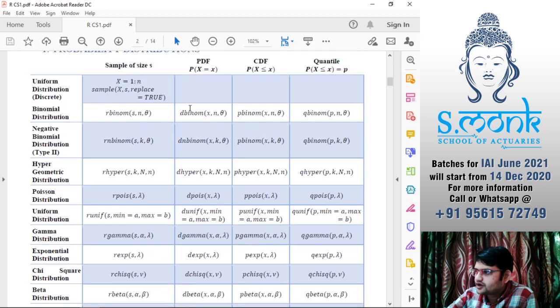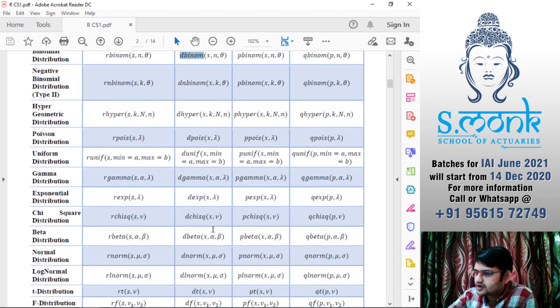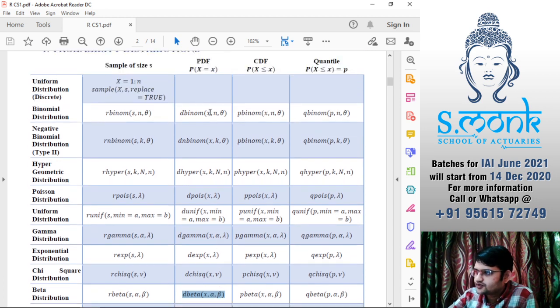For finding the PDF, for discrete it will give you the probability at a single point. For continuous, it is going to give you the probability density function evaluated at the value of x. For whatever value you are trying to find, you substitute it first, then the parameters, and the prefix is d. For probability we use the CDF, and then again x.